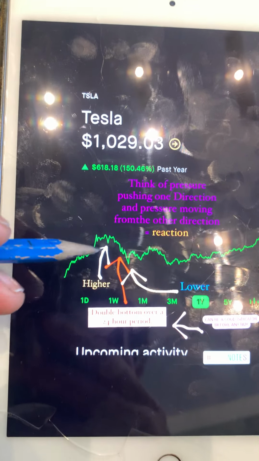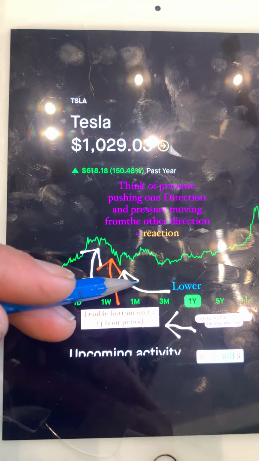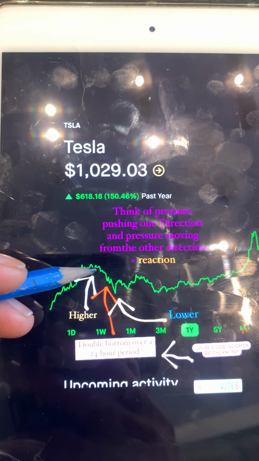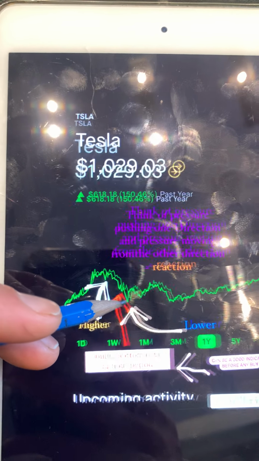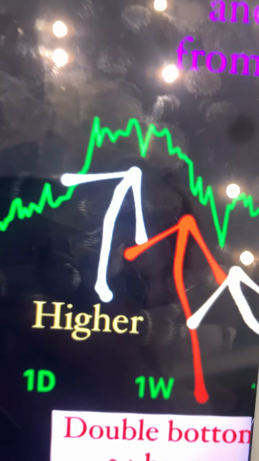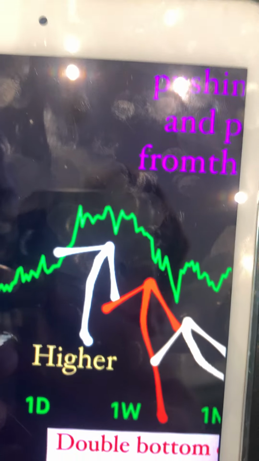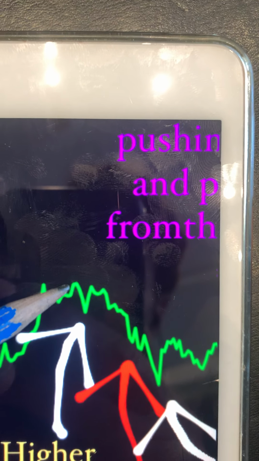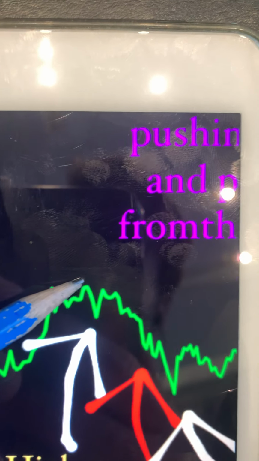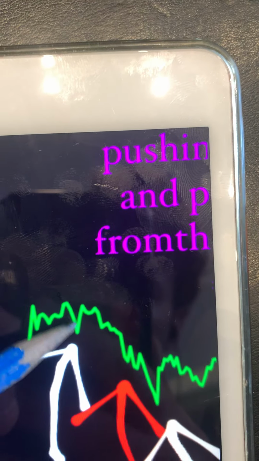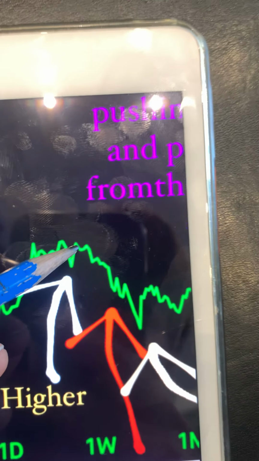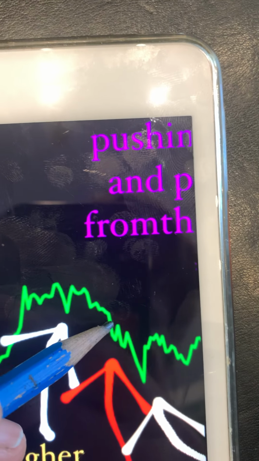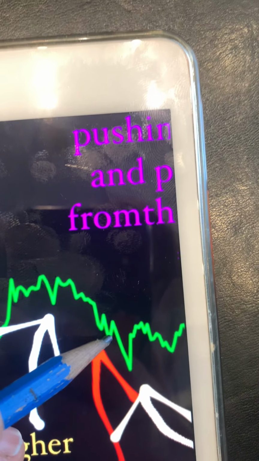And so I'm pointing out here in these two white arrows where these are like symbols for us to know what they look like, because here's what happens. It comes up like this, and then it hits like a floor or a resistance, and then it has this little M shape right here, and then it goes down like that, and it has that little curve, and this little curve